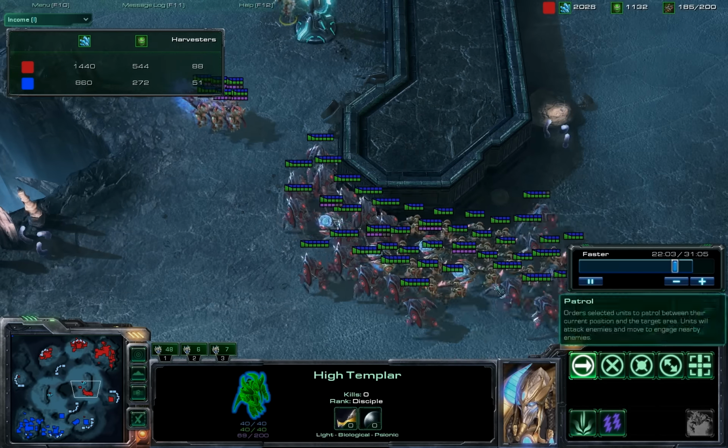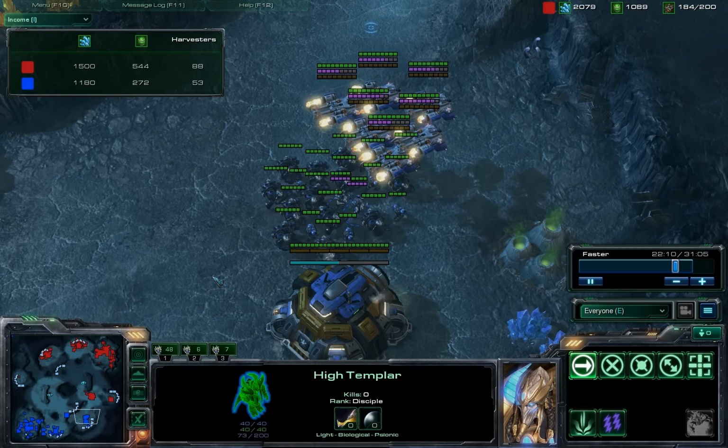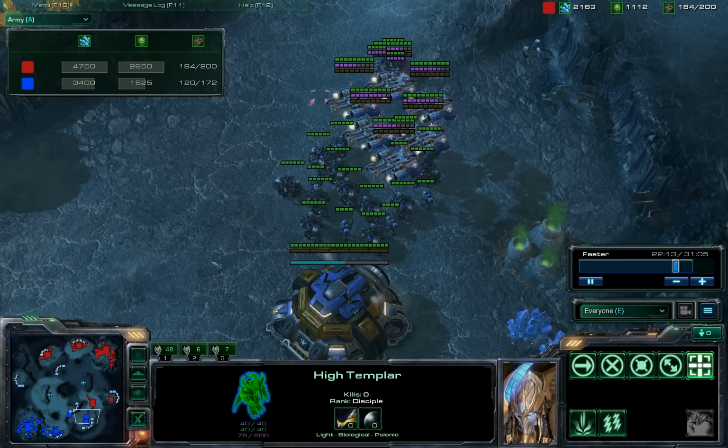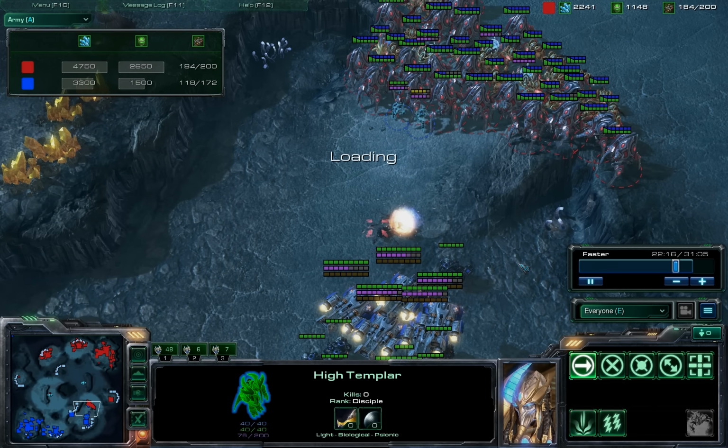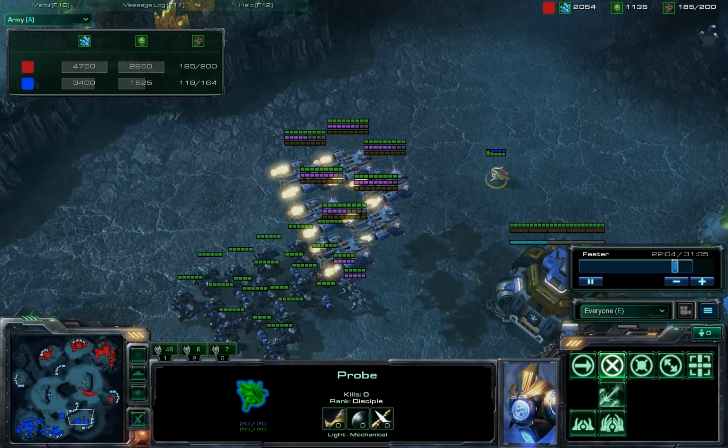I scout that he saw me, and then I had the Zelnaga, so I see his force moving up. So I move my force over to defend, which is much smaller at the time. If you look at the army tab, it's 120 over 18. And then I sit my army here, and then I pull my